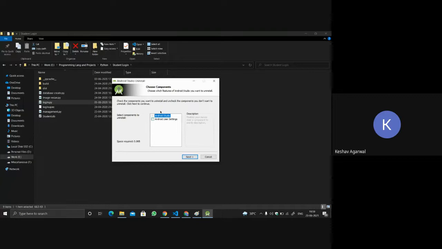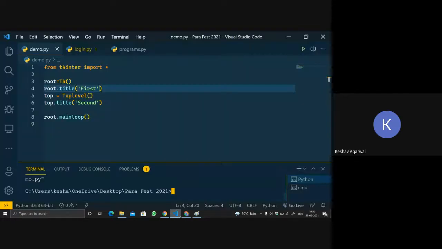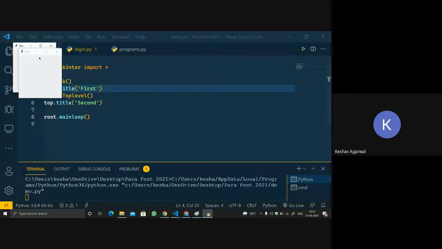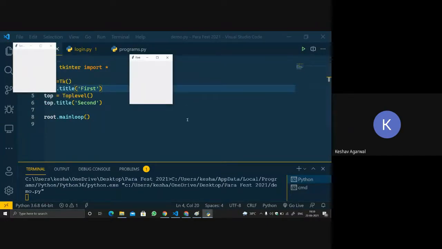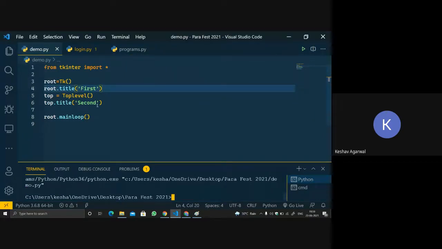But if this is related to something else, then it will get closed. I'm not getting a proper example right away, but I think you understood. Root is the main loop, the first window is the main one. If we close the main loop, the remaining content is also gone along with it. So I think you can understand by this.